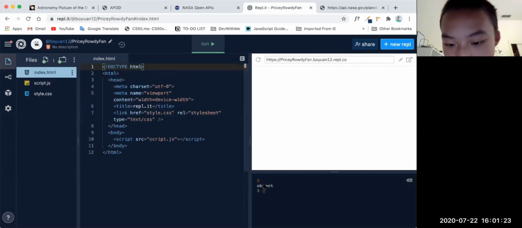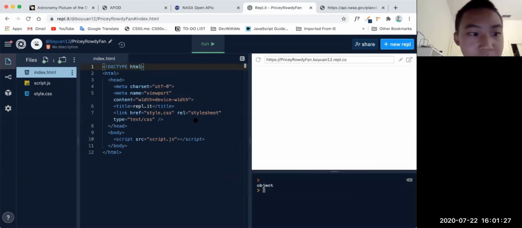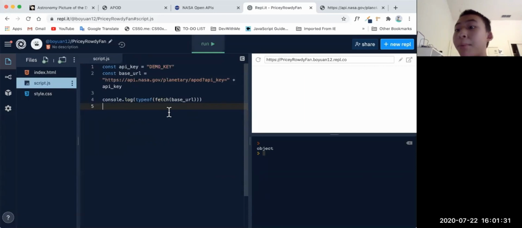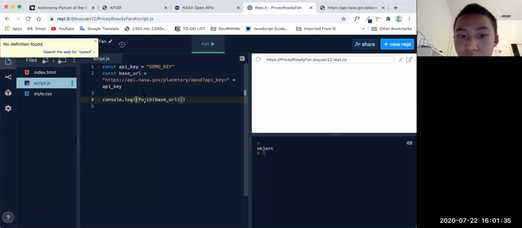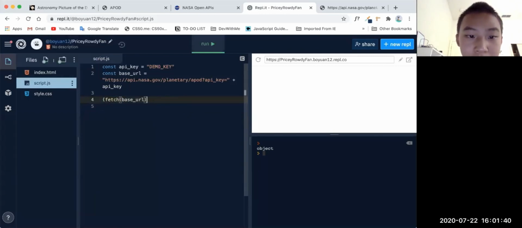You can see it's an object. It's an object, but what it actually is, is a promise. I'm not going to explain this in depth because it's going to make you even more confused. But basically, fetch returns an object, and this object